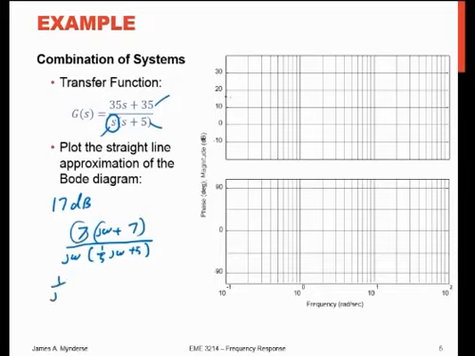I have 1 over j omega times j omega plus 1 times 1 over 1/5 j omega plus 1. So I can factor that out into my individual pieces, and that's the way we're going to draw it, of course, looking at each one. Since the magnitudes are all in dB, instead of multiplying, we'll be adding. So I've got my 17 dB, and I have this 1 over j omega term here